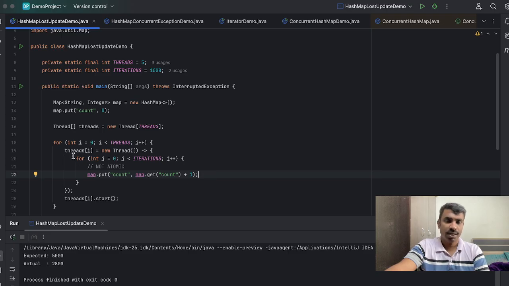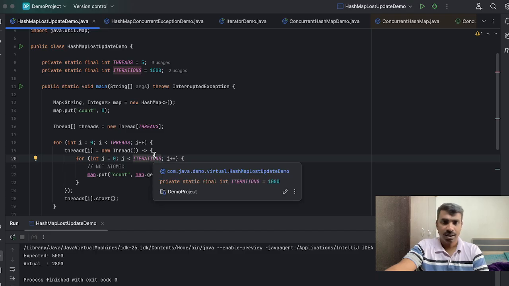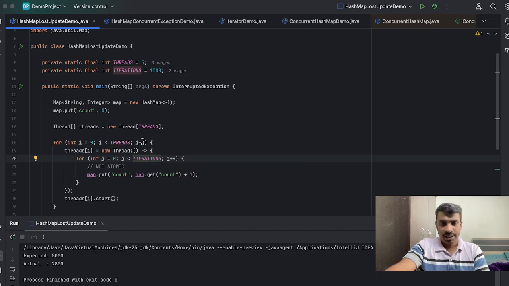At the end of the iterations we are expecting the value to be 5000, because 5 into 1000, total 5000 iterations will happen. Initially we set the count value to 0, then in each iteration we are incrementing.